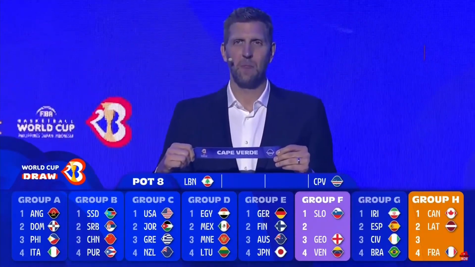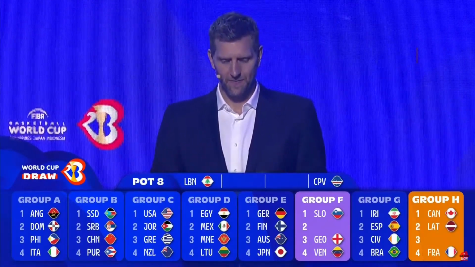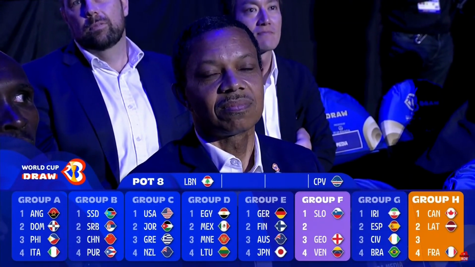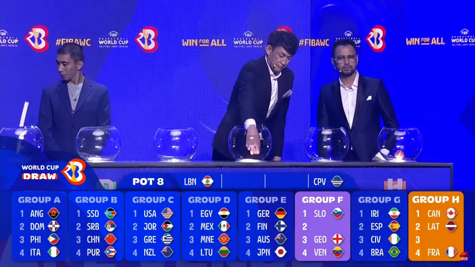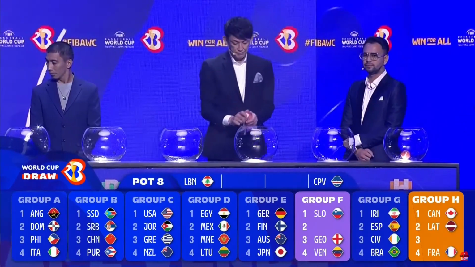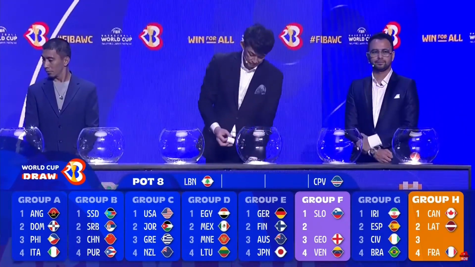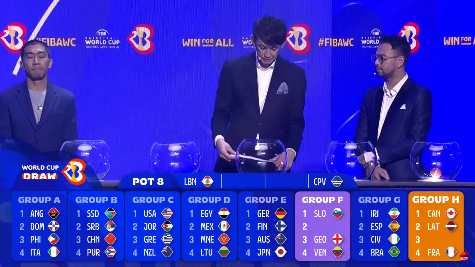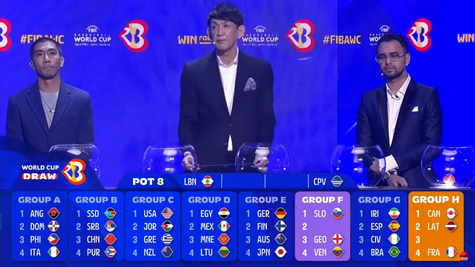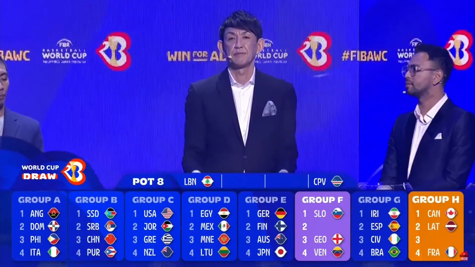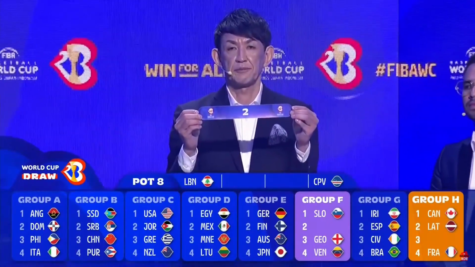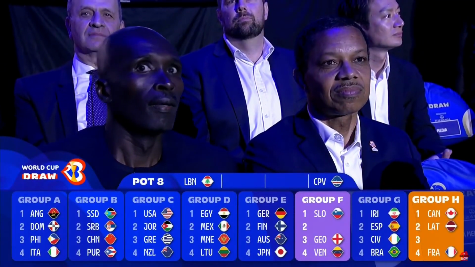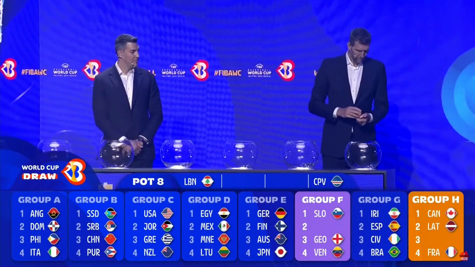Cape Verde. Cape Verde will play in Okinawa in Group F. Cape Verde is making history with their first ever World Cup appearance following their successful African qualifiers campaign. The Blue Sharks are now also the smallest nation to ever qualify for a World Cup. And the number? The number is 2. And the last team for this draw, from Pot 8, is